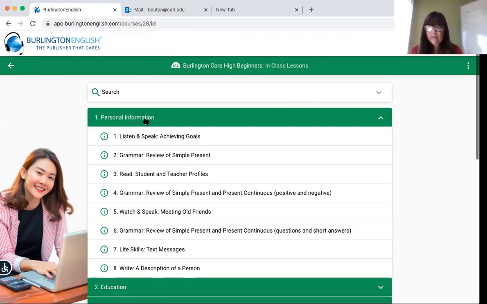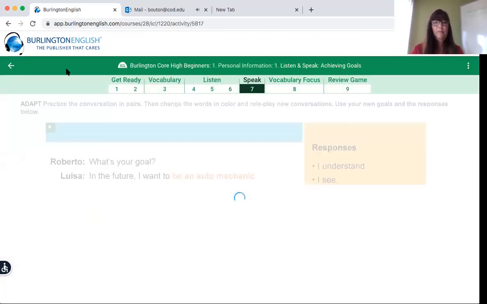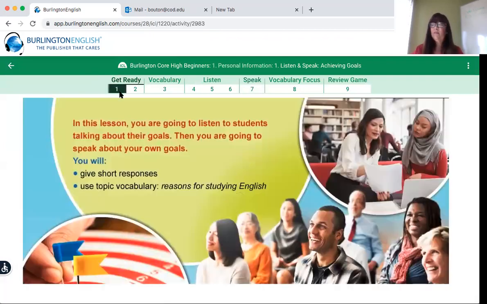So the teacher lessons are green. See the green color. Teacher lessons are green. And the student lessons are blue. So you noticed what we were working on before was a student lesson. That's the blue lesson. Okay, so I will go ahead and do a couple of lessons, and then you can work on as much as you'd like.